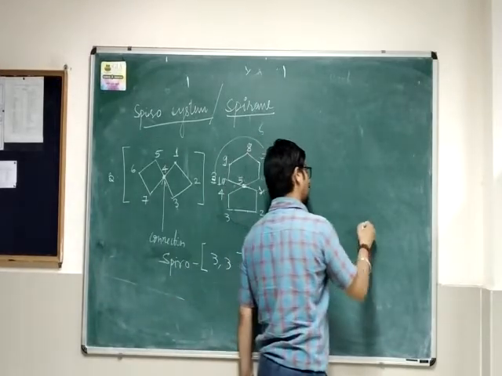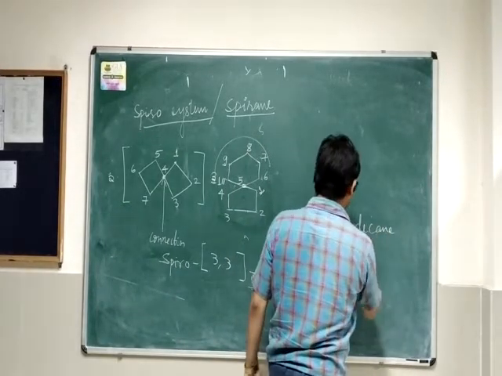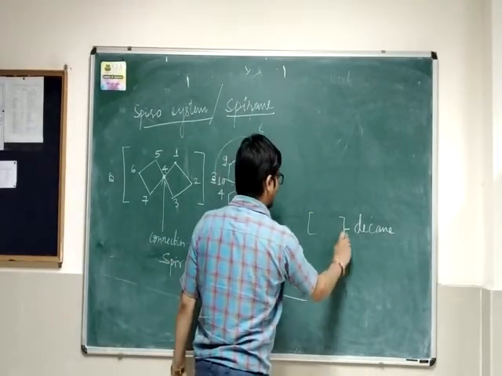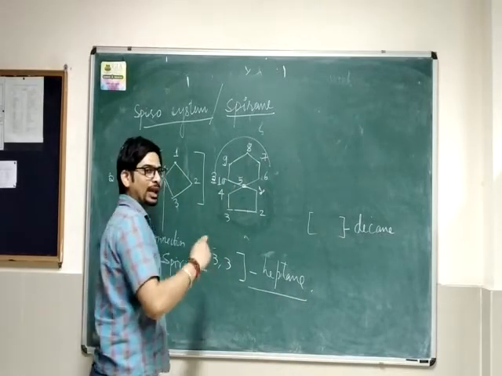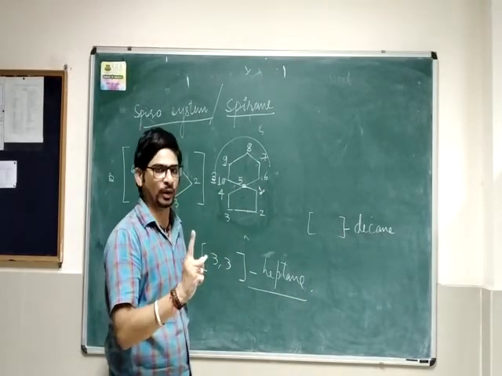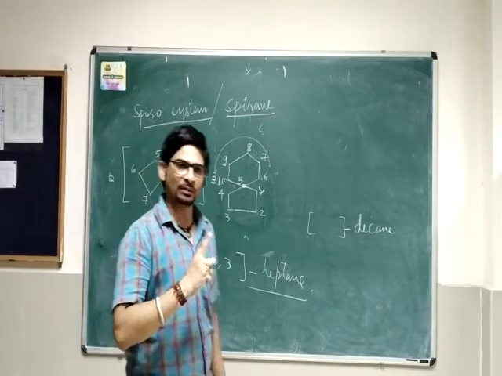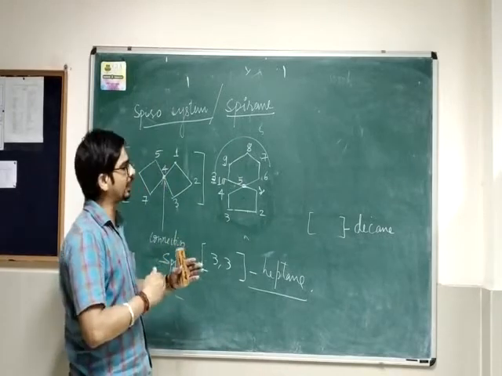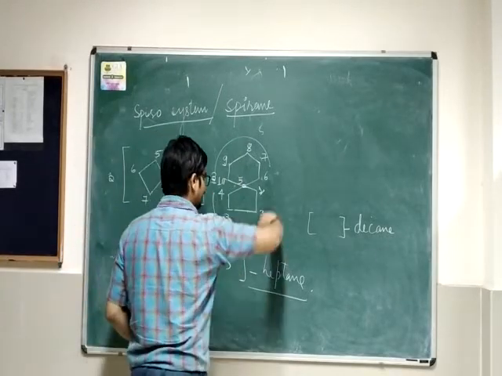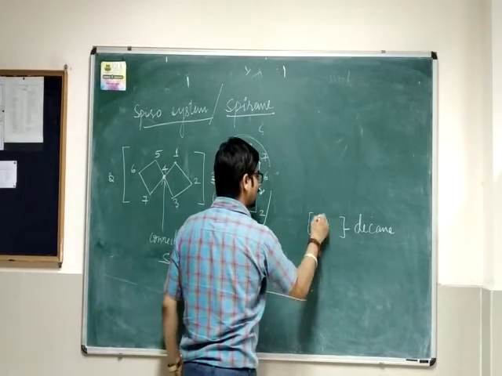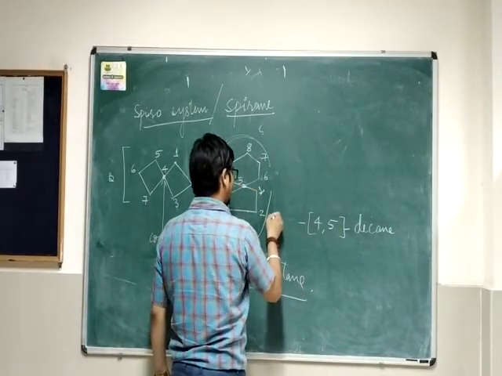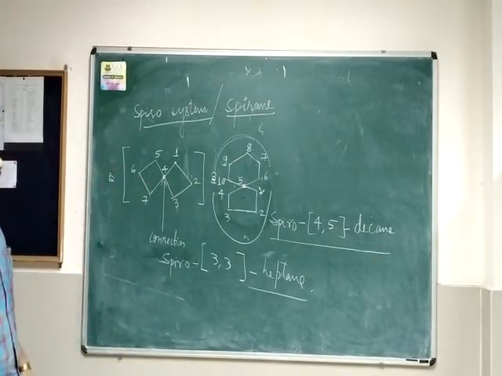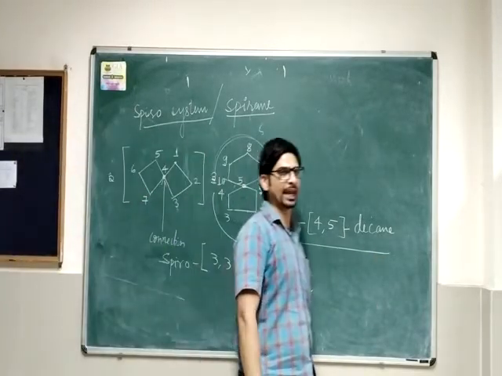That means total number of carbons are 10 and a 10 carbon alkane is decane, and in square bracket we will put the numbering in increasing order. This is very important. In bicyclic system the numbering we write is in decreasing order, but in the case of spiro we write the numbering in the increasing order. You can see here 4 carbons, here 5 carbons. We will write 4, 5 and initially we put spiro. So the name of this compound becomes spiro[4.5]decane.